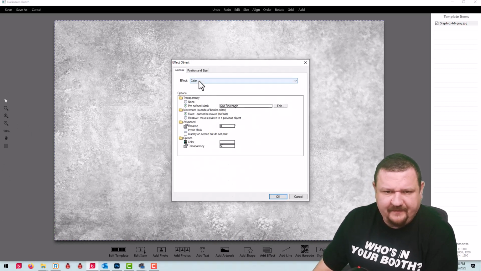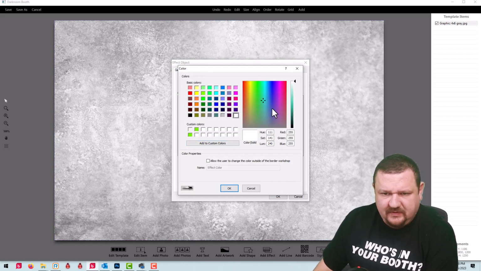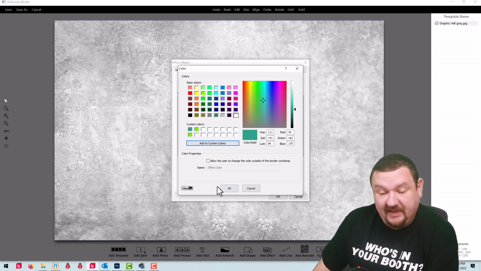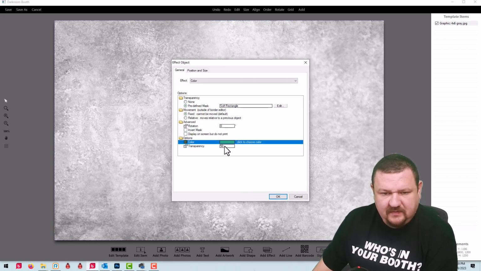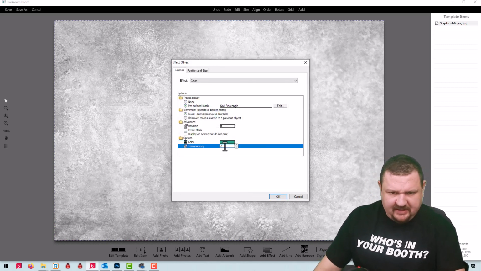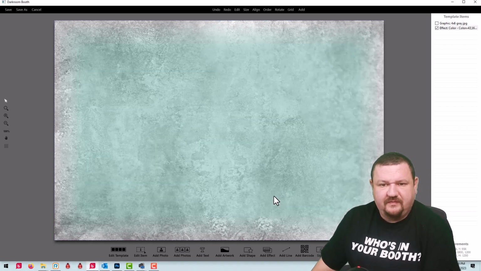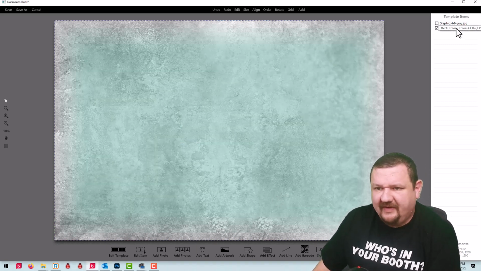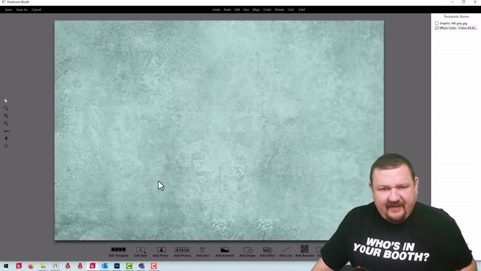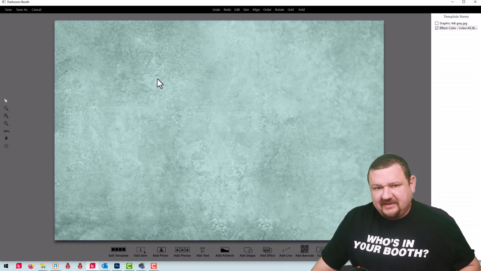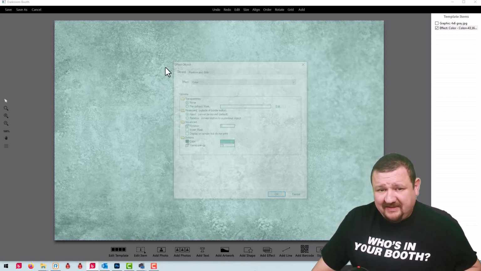It's going to be color. We'll make it kind of a greenish color. Add to our colors there just in case we need it again. And set the transparency to 70. Oops, looks like it has an effect on it, or a predefined mask, so we'll go ahead and remove that predefined mask. So there we have background, and the cool thing about adding this color is, let's say you're doing